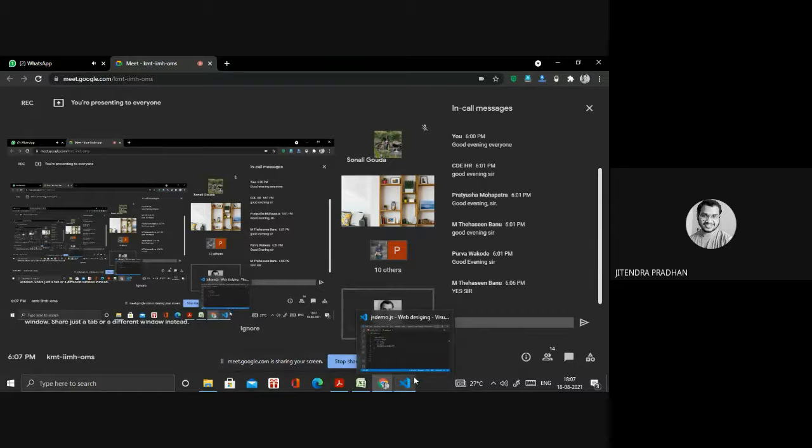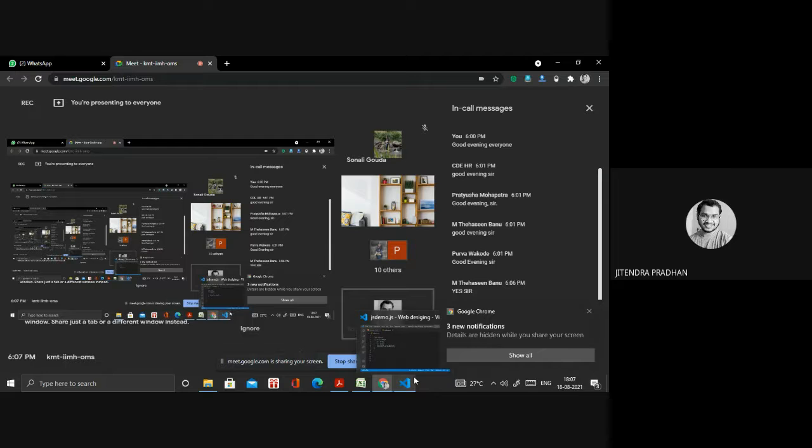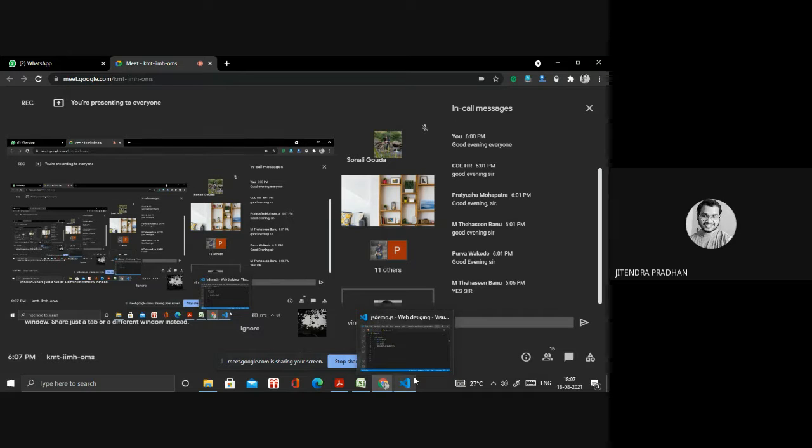Okay, and several elements can have a common name also. Because we are giving input, like in that first input we are giving the name txt name. In the second input we are also giving the same name, txt name. If we are applying the same name, whatever effect we apply in JavaScript will be applied according to that. I will show that. Wait a minute.